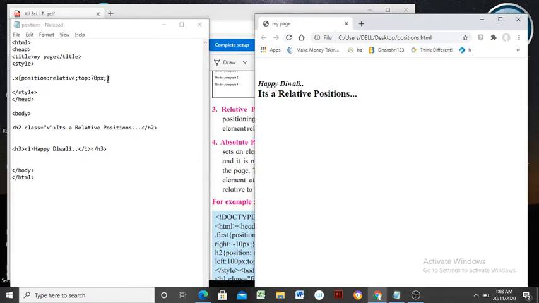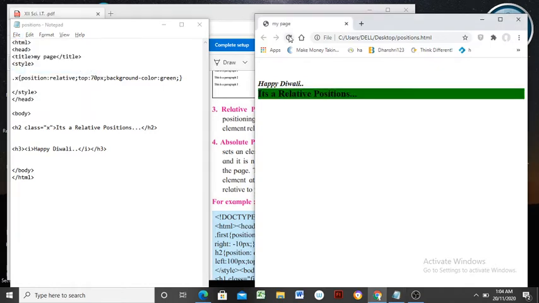Now I'm going to apply the next value as background color. So the property is nothing but background-color as green. I'm giving a value as a color name, green. And it will be refreshed in the browser window.